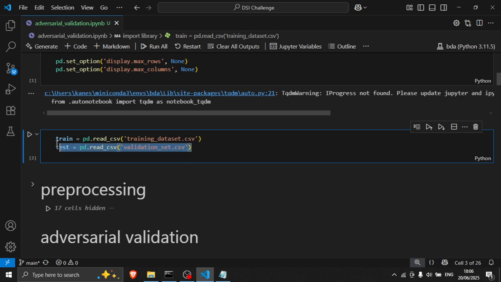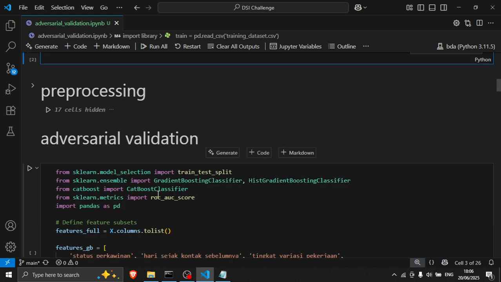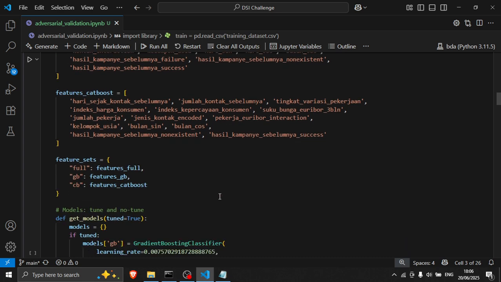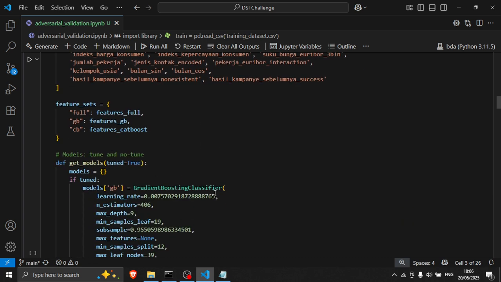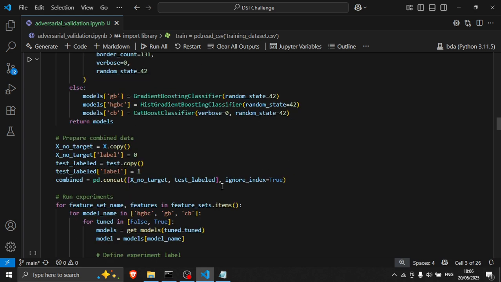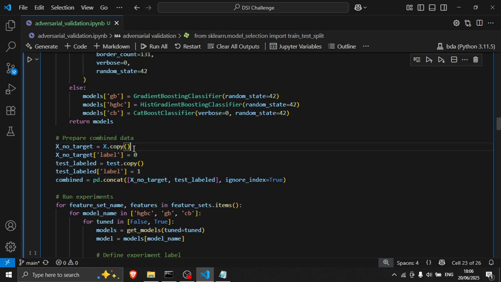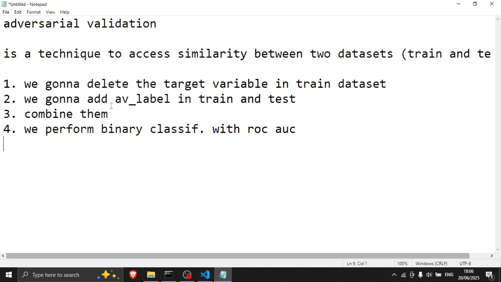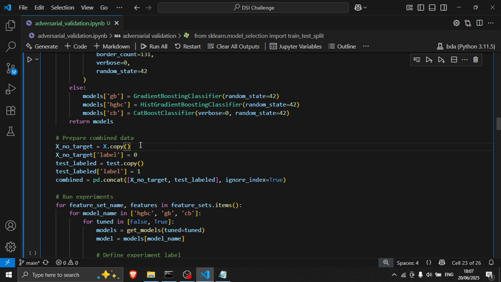This is the train and test, and the AV method implementation is here. The first one, we're going to delete the target variable in the train dataset. I have X here, so it doesn't contain any target variable because it's just the features, no y, just X.